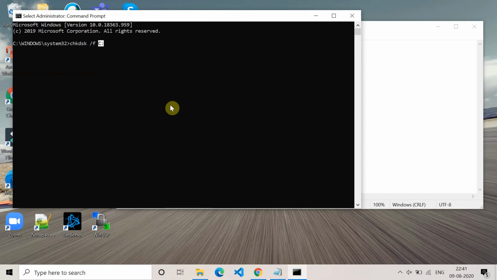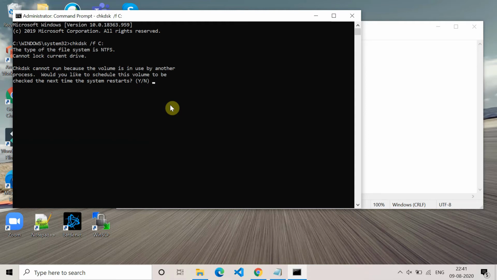Now, once you type this command, execute it. Once you execute this command, you will receive this message. In this message, it will be written, would you like to schedule this volume to be checked the next time the system restarts? So give Y. Y means yes, check the drive when the system restarts again.